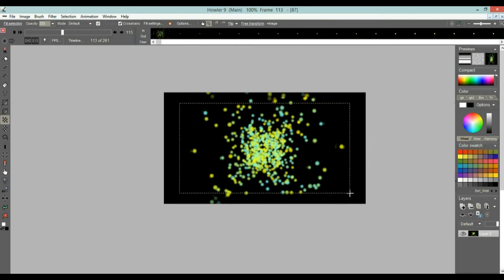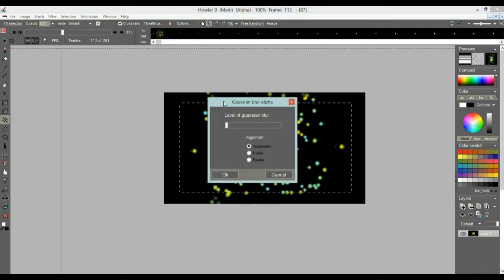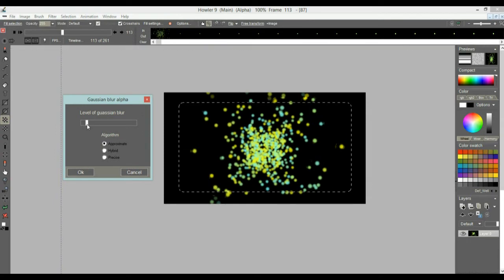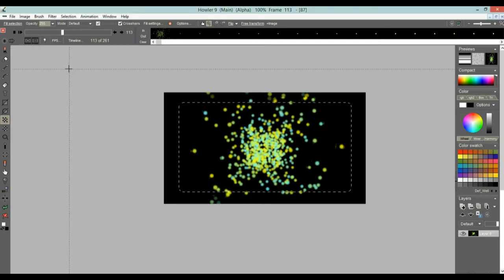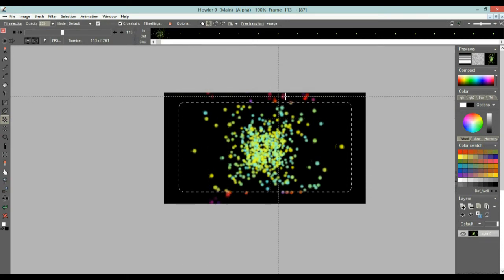Be somewhat gracious here and don't go too close to the edge. We don't need to be greedy. Let's go selection blur, Gaussian blur alpha, and blur this a little bit so we have a bit more of a transition, not a crisp on or off selection, but a bit of a transition. And now, you can see that under the alpha, overlay alpha, it's got a